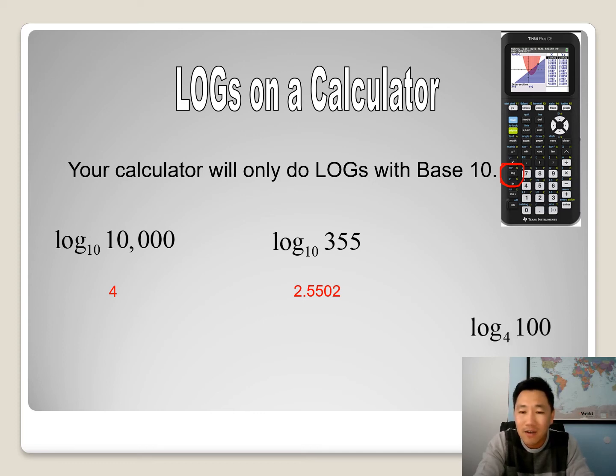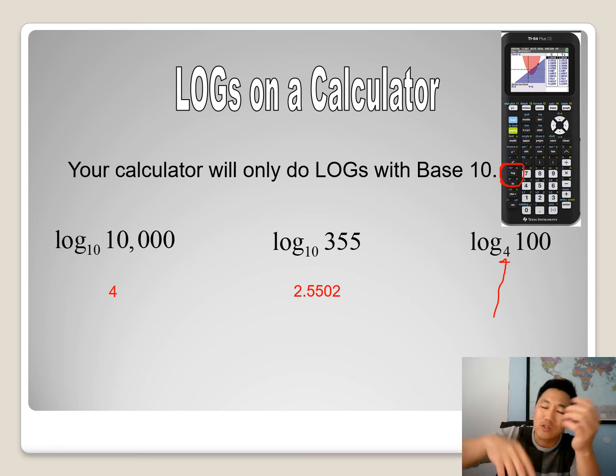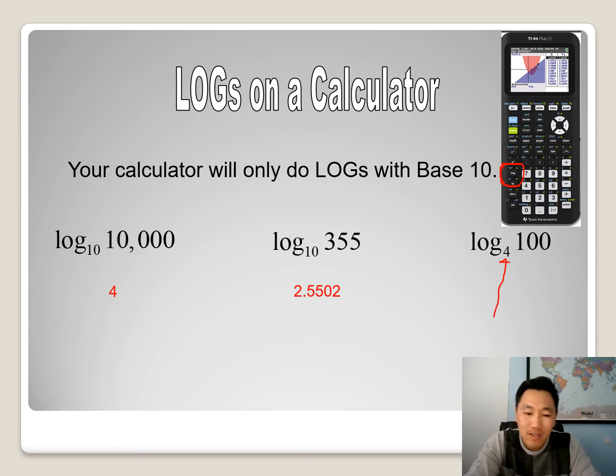And then your question might be, well, how does your calculator do it if it's not base 10? In this case, it's base 4. You can't do this in your head. You can't go 4 to the what power gives you 100, because your brain can't really think that way. And so your calculator will do it, and there's a couple of ways it'll do it. If you have a newer version calculator, by newer I mean within the last 3-4 years, maybe 5 years,